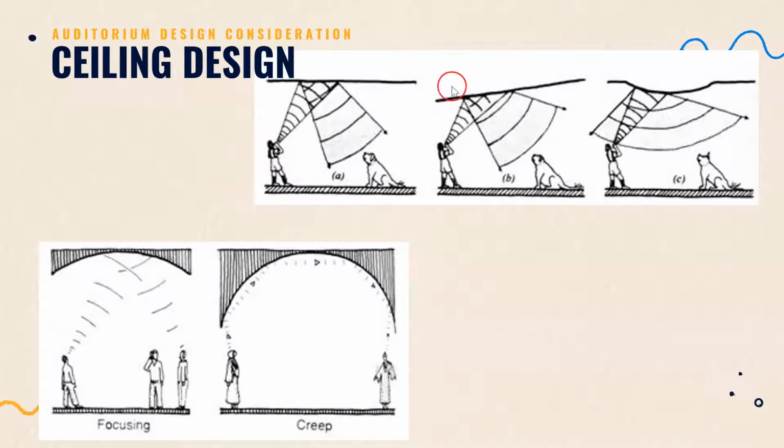This one here is flat reflector. So if the ceiling is tilted, wider reflection happens and more spread out effect happens with convex ceiling. For concave ceiling like dome, focusing will happen. Another effect is called creeping. That is, if you talk at the end of the ceiling here, even with a medium volume, your friend at the other end can hear it clearly. This is because the sound is reflected along the ceiling.